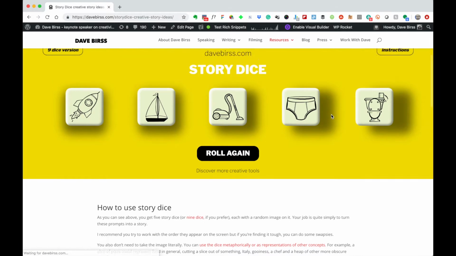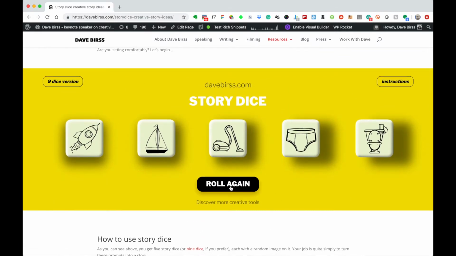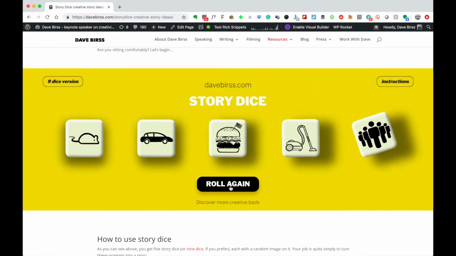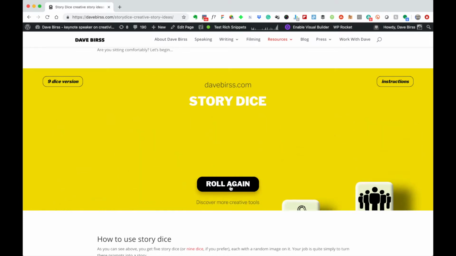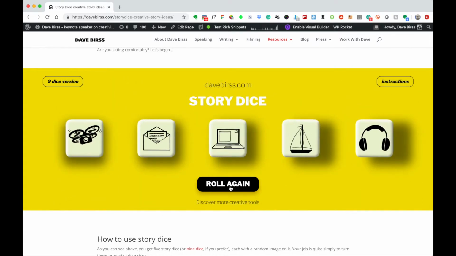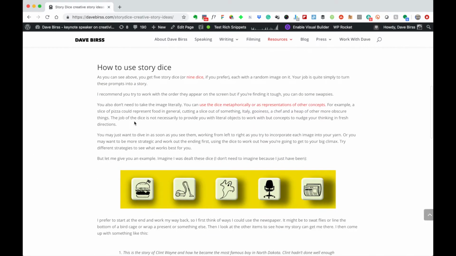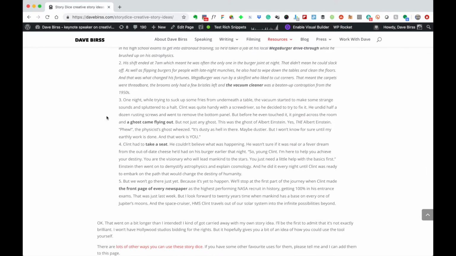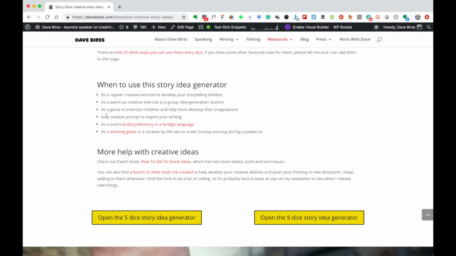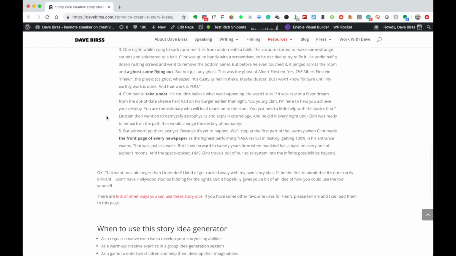There's even a version which is embedded into the page here. You can see here's some more. Oh, we start with a mouse that time, and then a burger makes an appearance again. So you can see that we've got the dice that you can play on the page. There's explanation how to do it. Again, there's another sort of story that I wrote with the first thing that came up when I tried it out. So you can find out more about how to use it, when to use it,